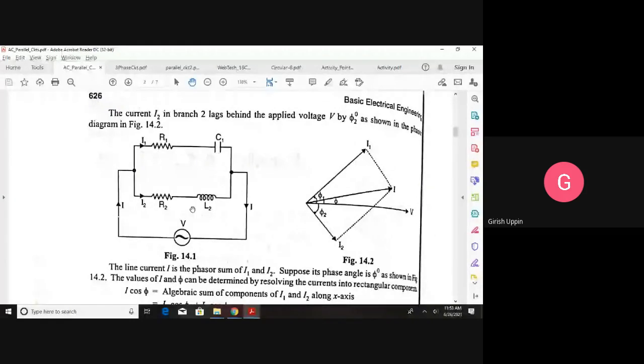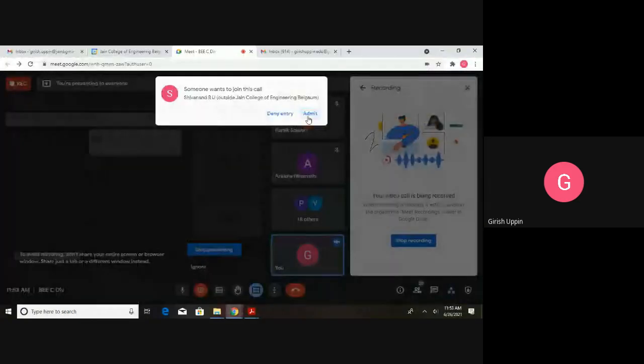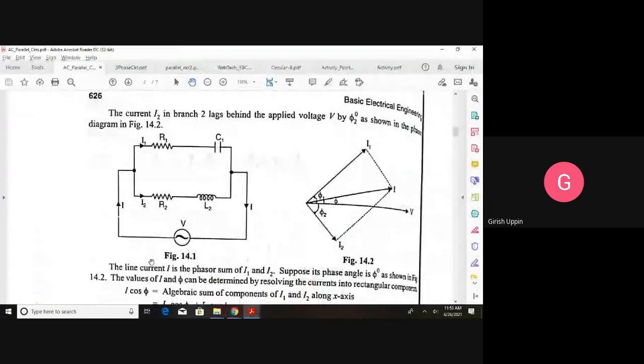R1 and C1 are connected in series, and we have R2 and L2 connected in series, and this combination is connected in parallel across a voltage source of voltage V, the RMS value, which will result in the current I,